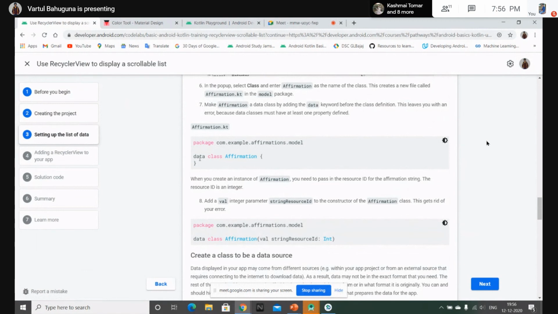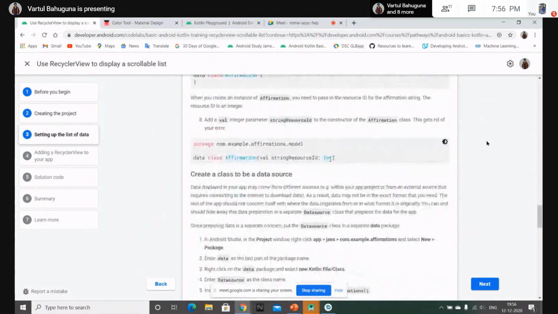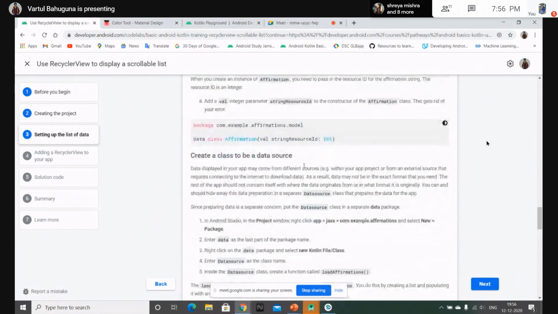And to get that image, it will have some function, get image and get code. And to change those codes and the image, it will have set code and set image. So rather than typing those functions, if you use a data class, these functions are automatically embedded for you. So you just need to add the properties to the class. The images we'll be adding in the next Codelab. So here you can see that we have just used a single property, that's string resource ID.